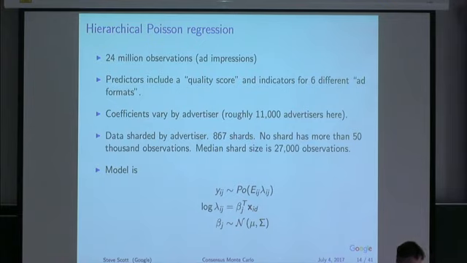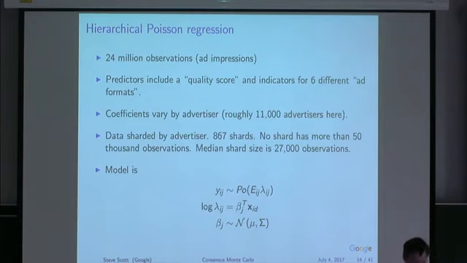So I have a relatively modest data set. My predictors include something called a quality score, which who knows what that is. There's some system that they already have at Google that takes big data and spits out how good an ad is, or maybe how good an ad might match a particular set of, I don't know, user characteristics or something like that. But for a visitor to a page, there's a system that gives me this quality score.